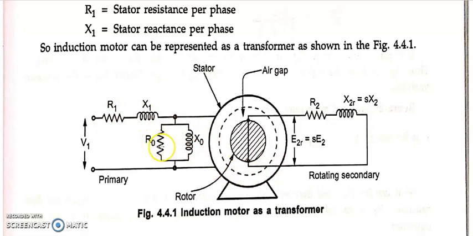Actually we will have 3 phases, but for the sake of convenience we are just showing 1 phase. Again, you can see the rotor is connected to a certain circuit here, that is R2 as well as X2R. X2R, as I said, is slip times the reactance in the rotor part, and E2R is equal to slip times E2, which we have derived in the earlier class. But one thing you can see here, instead of a load connected here, we are shorting the rotor.